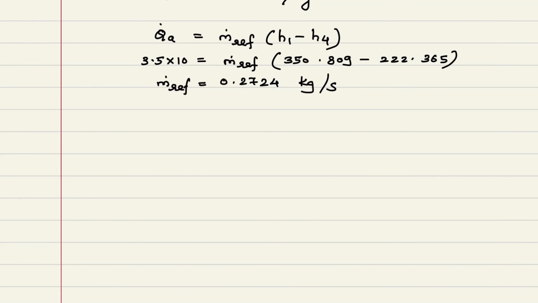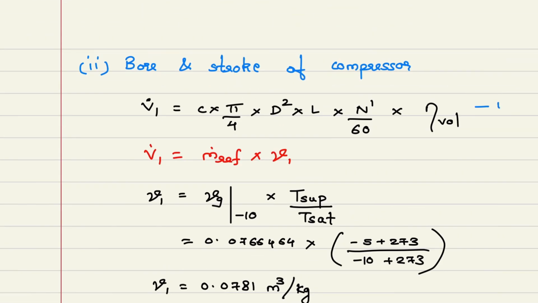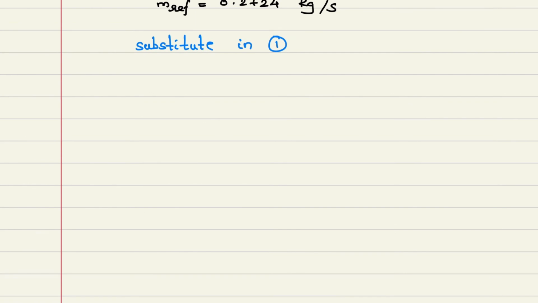The left hand side will be, substituting in V dot 1, mass flow rate 0.2724 into specific volume